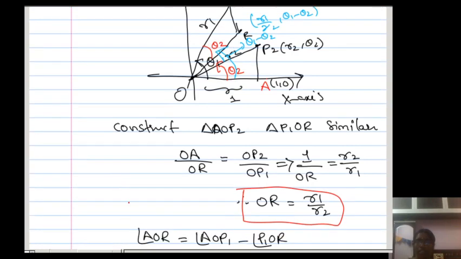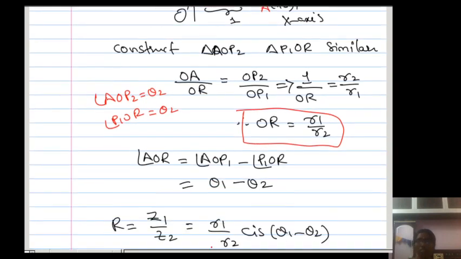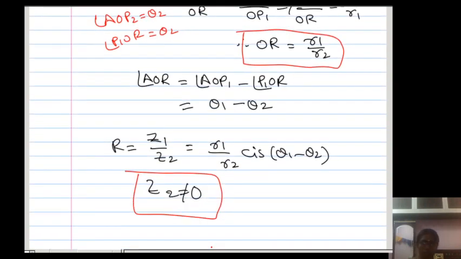Since the triangles are similar, the angle AOP2 is theta 2, same as P1OR, and AOP1 is already theta 1. Okay. So next, we still have some geometrical meanings. Let us